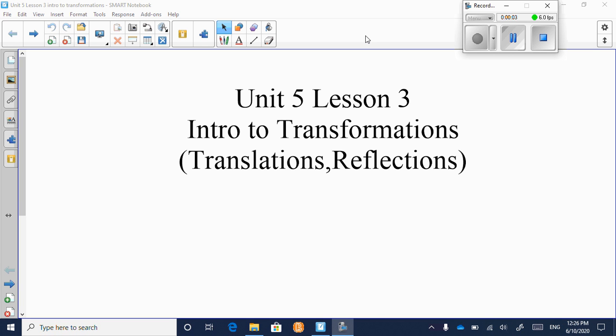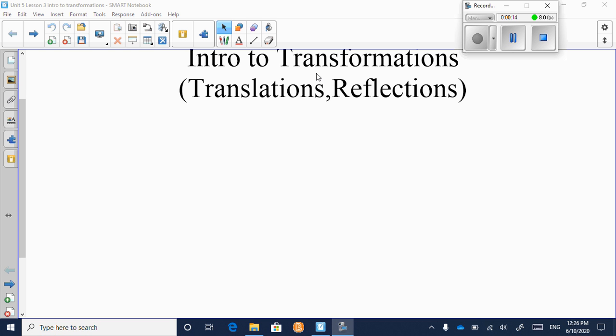Hi everyone, and welcome to lesson 3 of Unit 5. And for the rest of this unit, we're going to be dealing with something called transformations. And basically, it's going to be about moving graphs around on a coordinate system. And so,